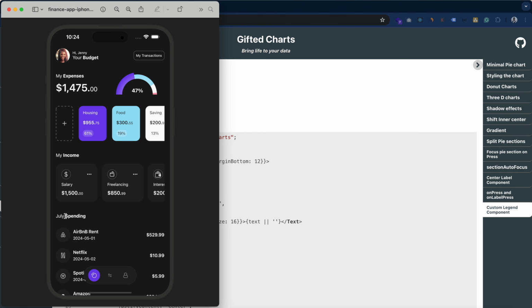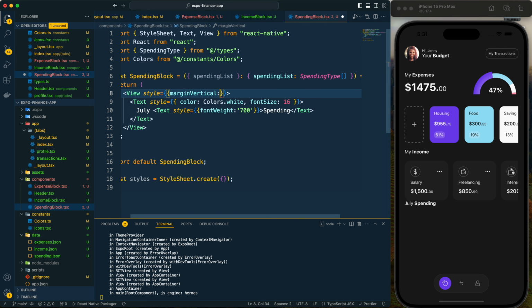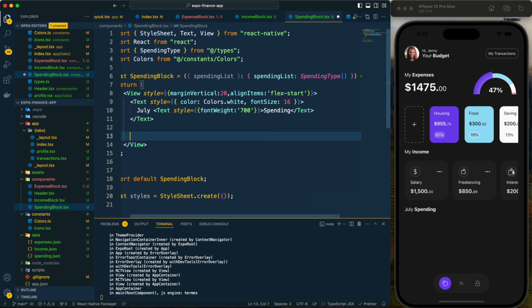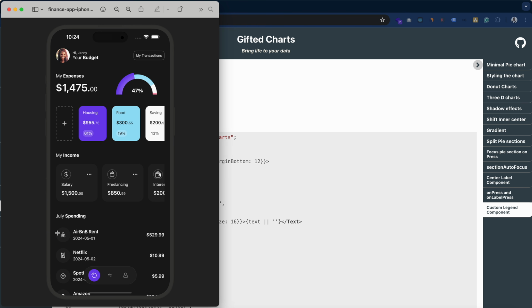Okay, so it's looking like this. Now let's provide margin vertical 20, and for the align items I will provide flex start. After this text, let's use map function, and here we can see we have the icon first, then the item name and the date, then the amount